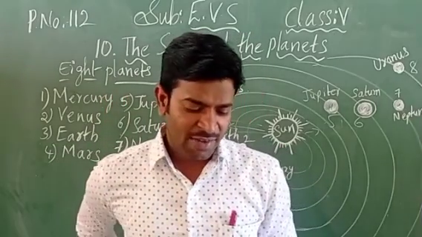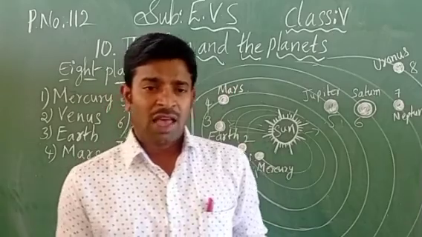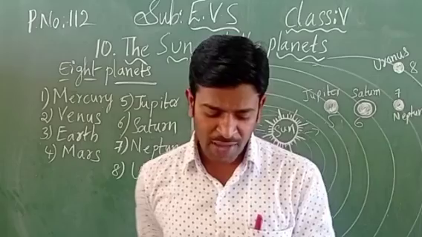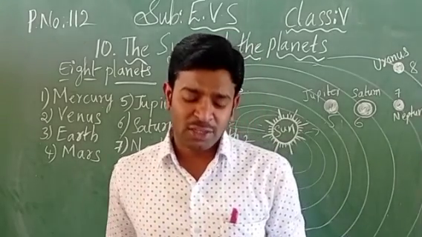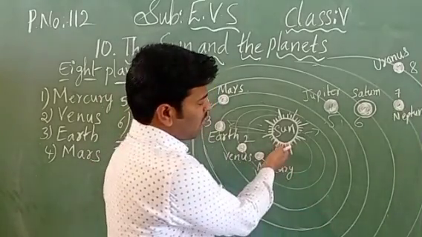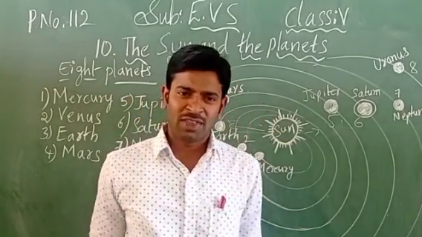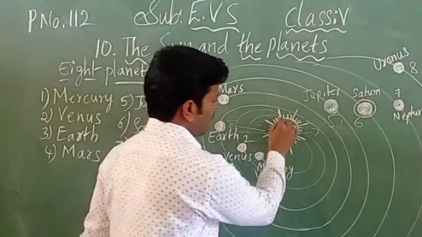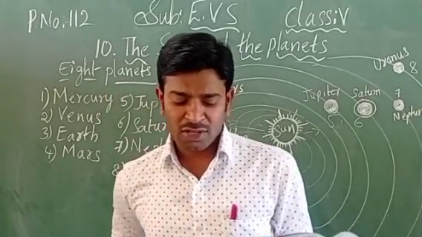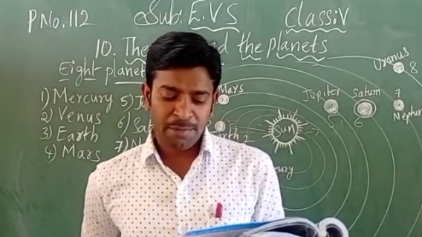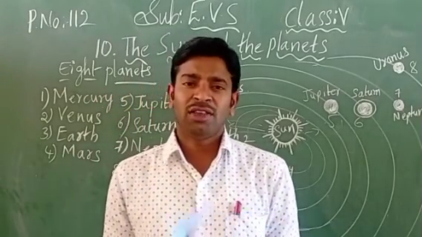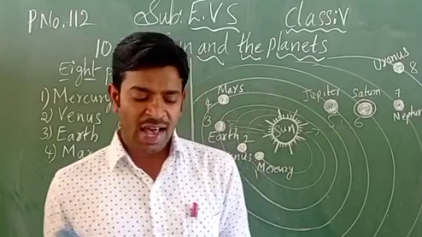The Sun and the 8 planets are given. Observe the following picture. Everybody has observed the picture, and I have drawn the same diagram on the blackboard also. Which is the biggest object in the picture? Easily you can tell, no? The Sun is the biggest part. So the Sun is the biggest object you can write. In that way you should complete all the questions, children. These are generally asked questions.